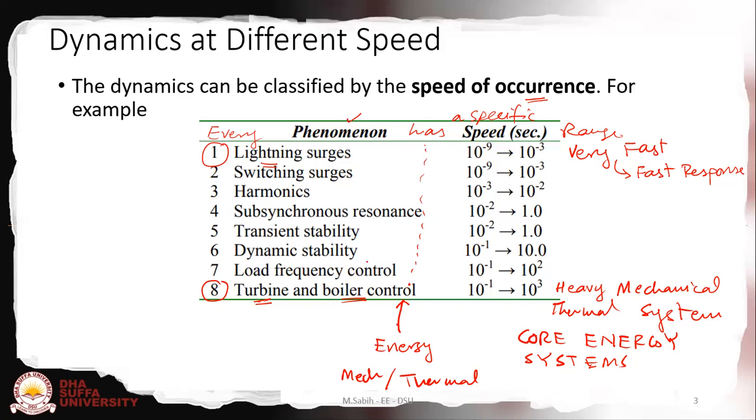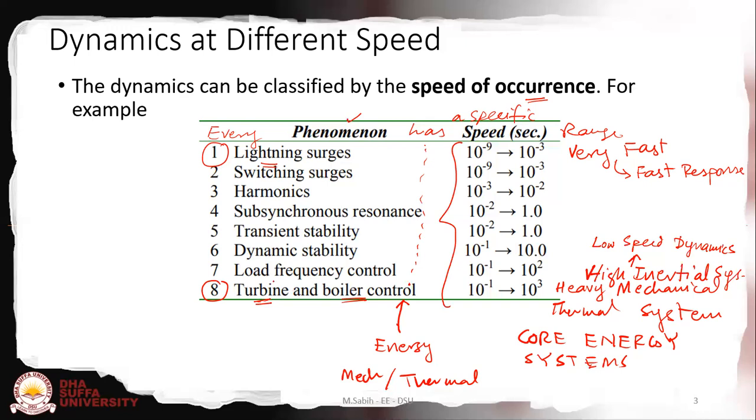My point here is that the phenomena exist here, and the speed of the phenomena ranges from very slow, very heavy mechanical, with high inertia. I should write high inertial systems first. And basically what this means is the dynamics is relatively slow, low speed dynamics or phenomena, right? So this power system,